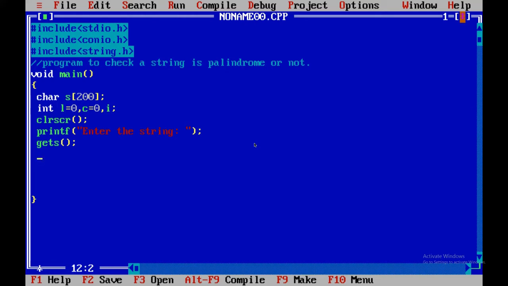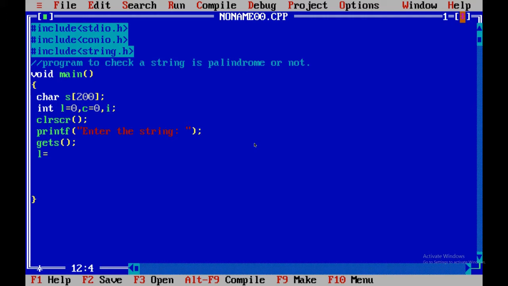Now we are going to take the measure of the length of the string that has been entered by the user and store it in a variable named l. So how are we going to get to know the length of the string?